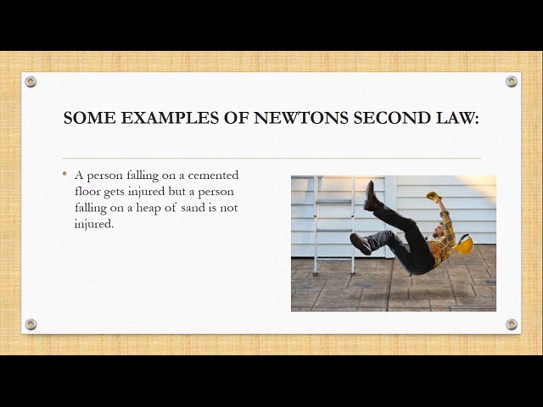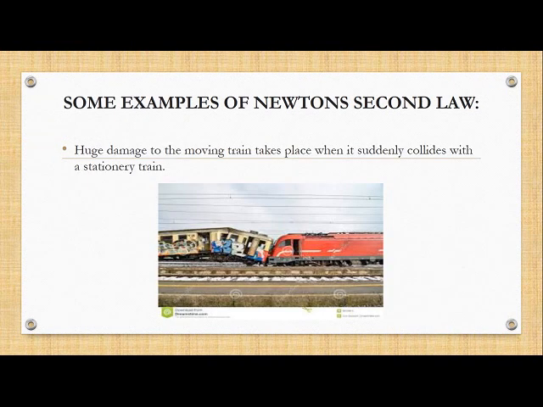Now when you slip on a floor, we get injured very much, but children, you must have gone to Mithapur beach also many times, and when you fall down there by mistake, you are hurt very less, right? So it happens because of less momentum on the sand, more momentum on the cement floor. Now children, let's see here in this picture. You can see one of the trains was at rest, but one of the trains was in motion. Now, if an accident takes place in which a moving train collides with a stationary train, here too much damage will be there because the momentum produced is very high.